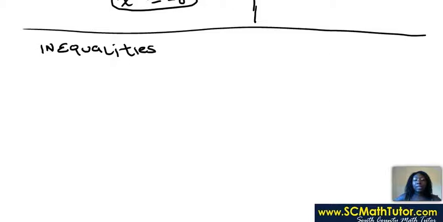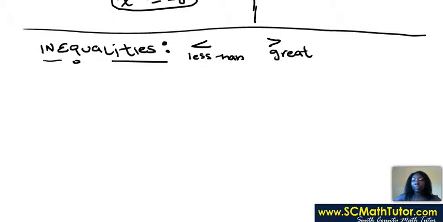Okay, you've seen this in lower level math. This symbol represents less than. Okay, this represents greater than. Okay, this with a tick mark represents less than or